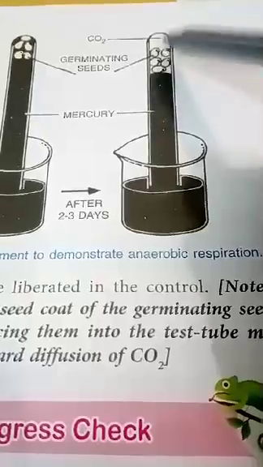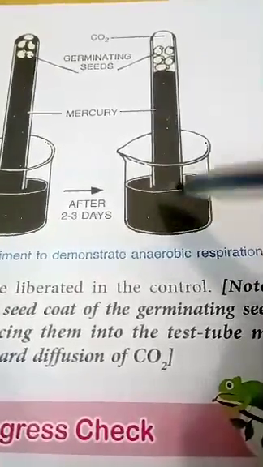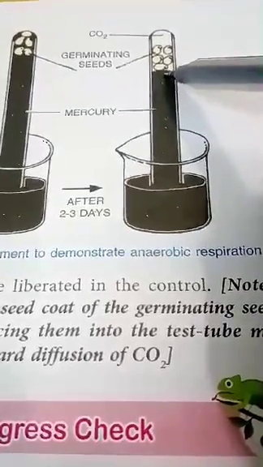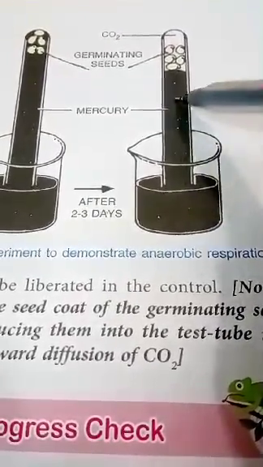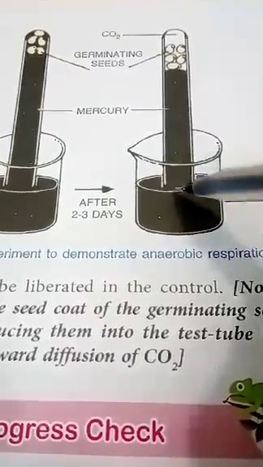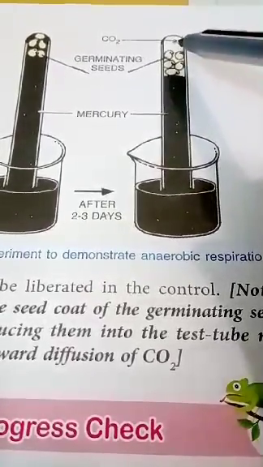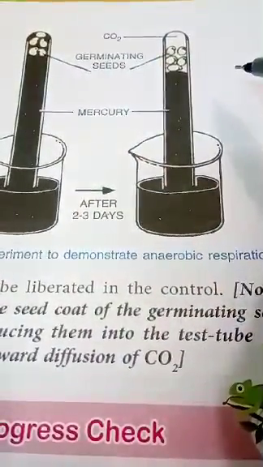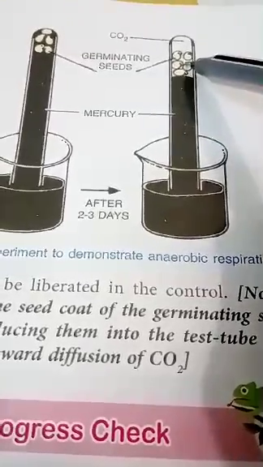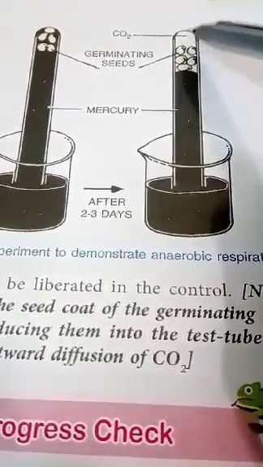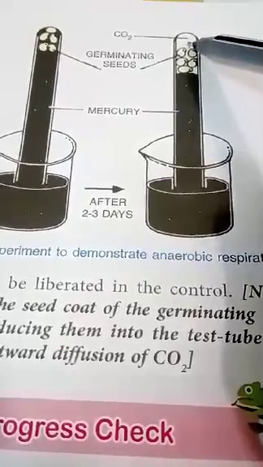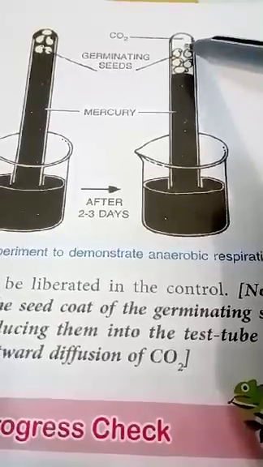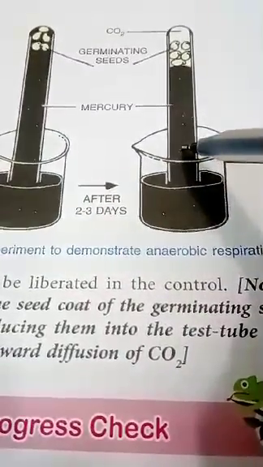Now, to test which type of gas this is, we introduce a stick of potassium hydroxide into this test tube, and we find that when the potassium hydroxide stick is introduced, gradually the mercury level rises until it attains this position again. And when we take out the potassium hydroxide, again this gap is created. This proves that the gas collected here is carbon dioxide, because potassium hydroxide absorbs carbon dioxide. Clear? So this is the experiment for anaerobic respiration.